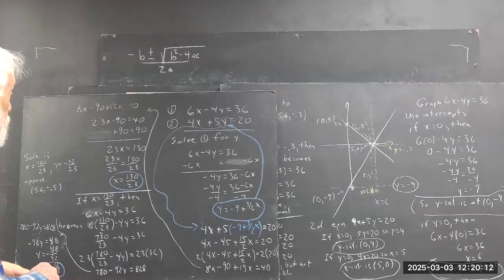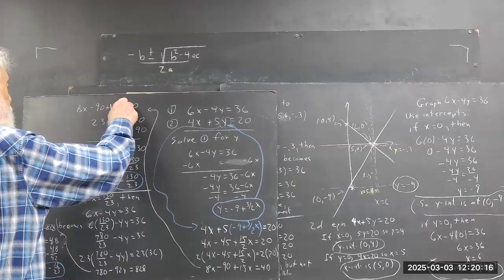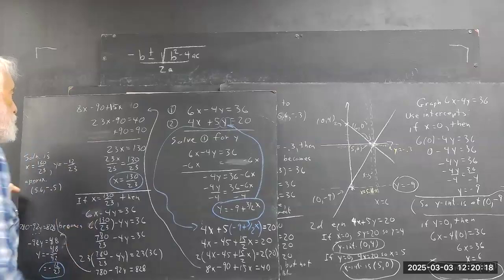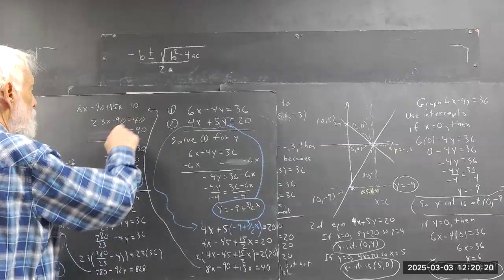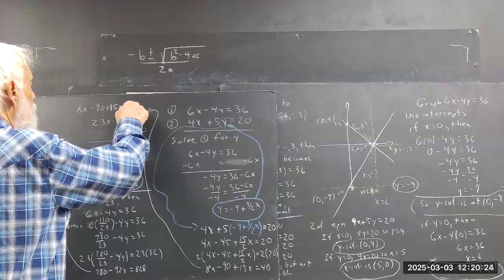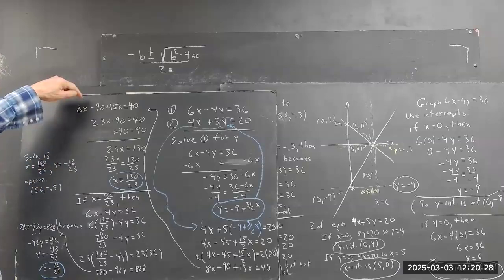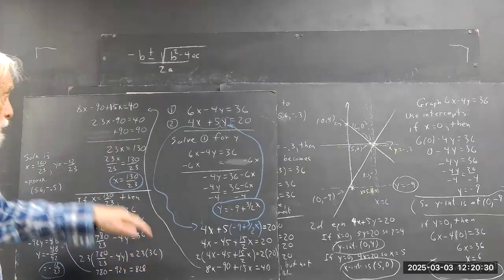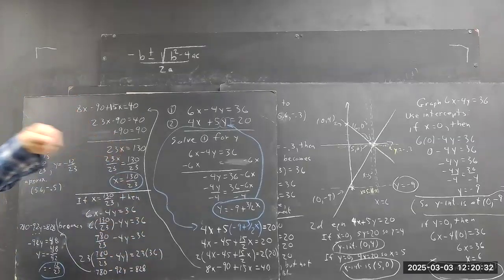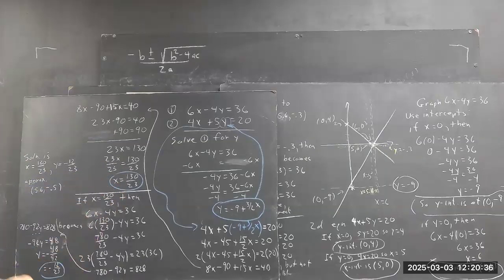And then I write the equation up here again. I'm smudging and handling the board, but there's the same equation. And we solve it. And we get x equals 130 over 23,